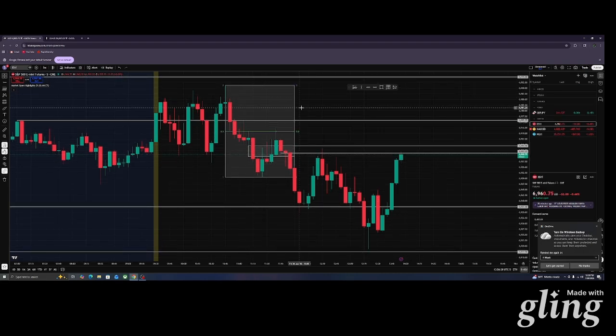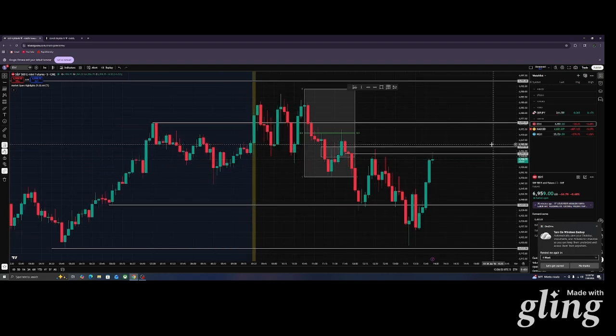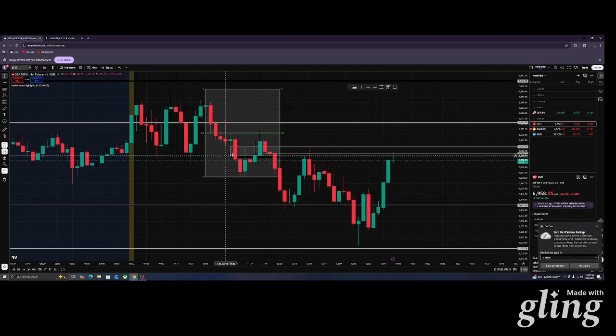because it's a short form. And how you mark that is you go from the highest to the lowest if you're going to the downside. If you're going to the upside, you mark it from the lowest to the highest. If that makes sense, then you should get it. If you're someone new, I know it's so confusing, but you just gotta learn it, then you'll know what I'm talking about. So I use equilibrium to take this trade instead of the fair value gap because it didn't get hit,